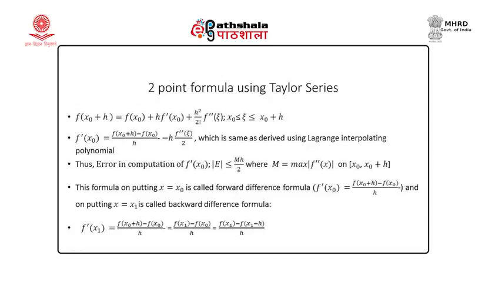We can also do the reverse, that is we estimate the derivative at the point x 1. So, you put x equal to x 1 and x 0 as x 1 minus h. So, it becomes f x 1 minus f x 1 minus h by h, the same formula. It is moving backward; there we moved forward to f x 0 plus h, here we are moving backward. So, if we put x equal to x 1, this gives us what is called the backward difference formula.